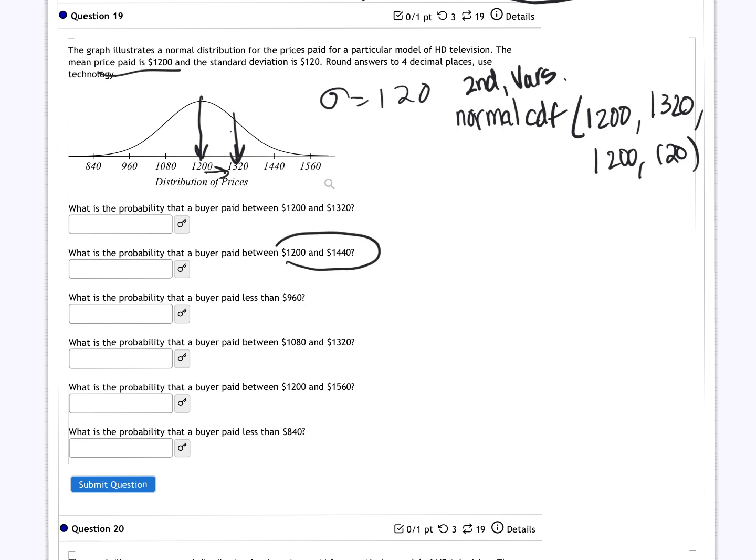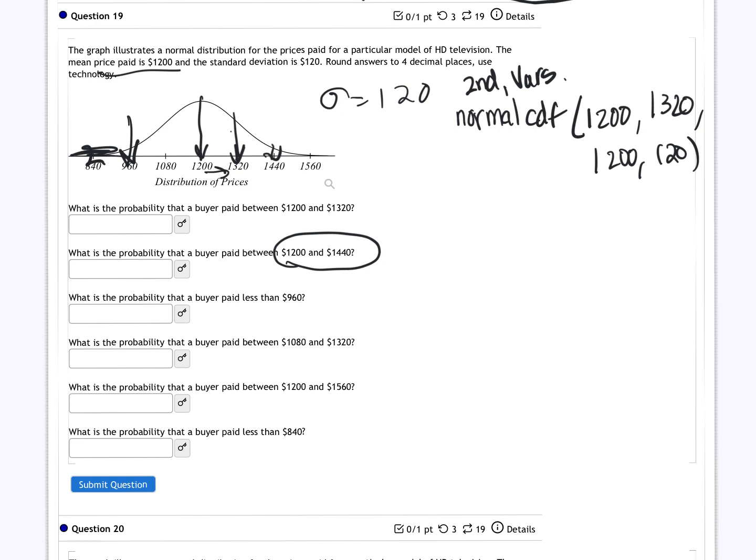Do the same thing here. Notice that's 2 standard deviations away. Less than this, that you're looking at that area below 2 standard deviations there. All of these are normal CDFs. So you can use that on